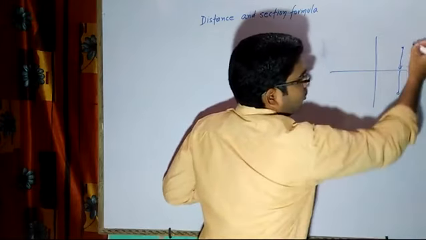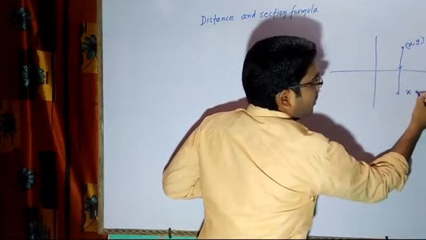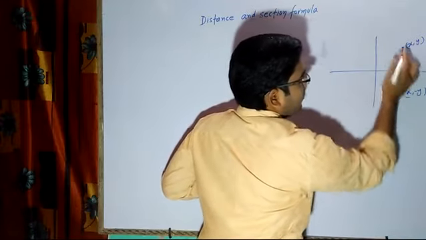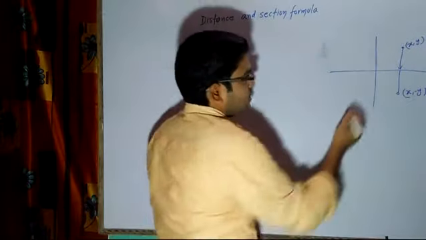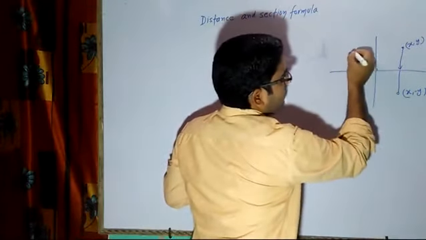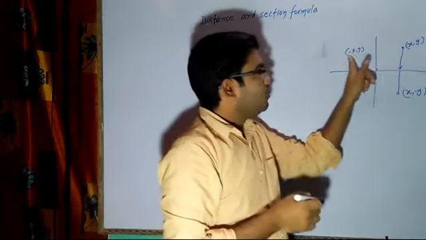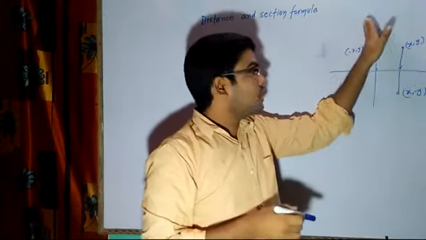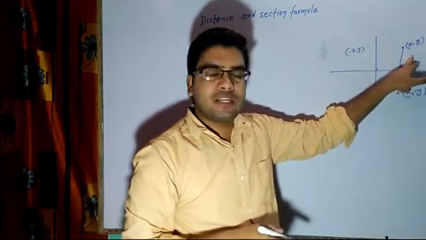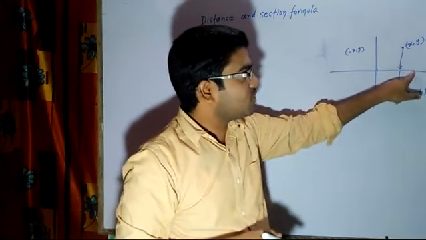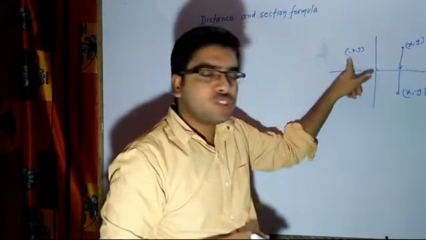Now, as you all have seen in chapter 1, we have seen how a point is reflected in the coordinate plane. We saw how to reflect a point in the x-axis. If (x, y) is given, then the new point becomes (x, -y). If this point is reflected in the y-axis, it becomes (-x, y). That means only the value of y changes when reflected in the x-axis, and only the value of x changes when reflected in the y-axis. Just opposite: if I reflect in x, I change y; if in y, I change x.